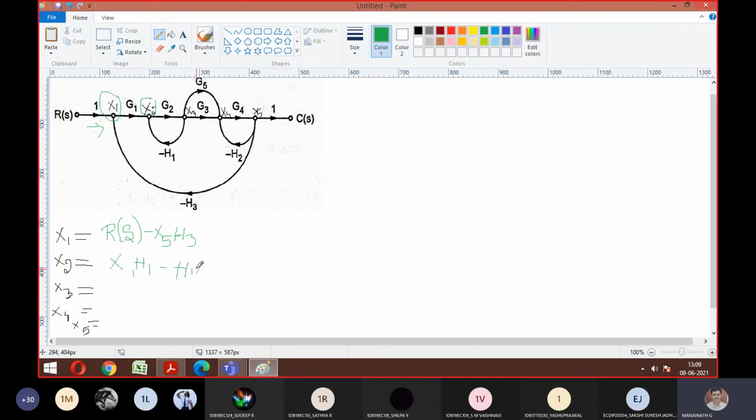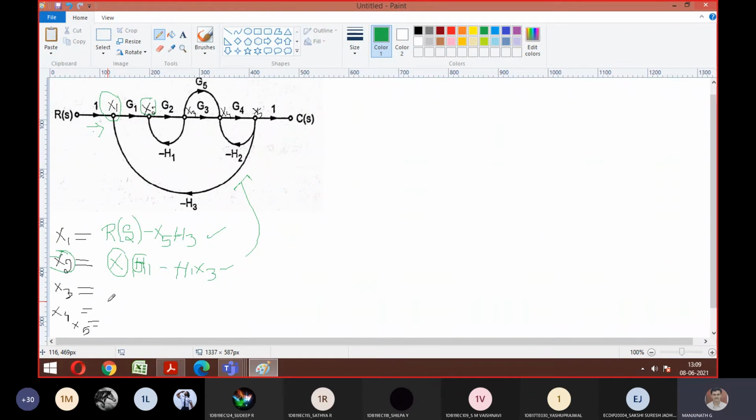Whenever you write a variable equation, you should consider only what? Entering for that particular node. See, this X2 is having X1 as an intermediate signal. I think this is G1, no? Yes, sir, G1. You can look here: between X2 and X1 there is G1. That is what comes here. This is what you analyze. You have written the signal graph earlier. If anybody wants me to repeat, you consider the node equation or variable equation, whichever things are entering for that node. Okay, let's proceed for X3.